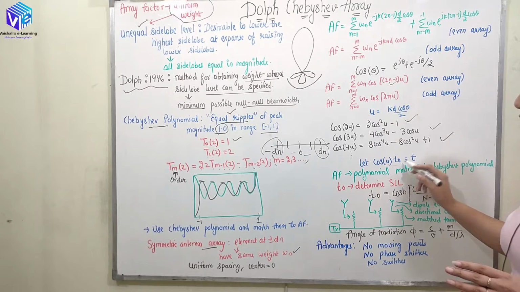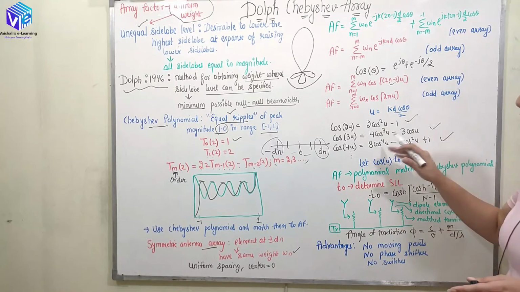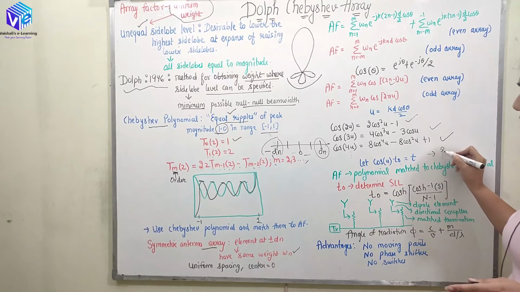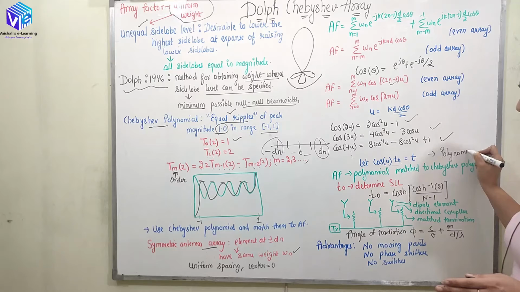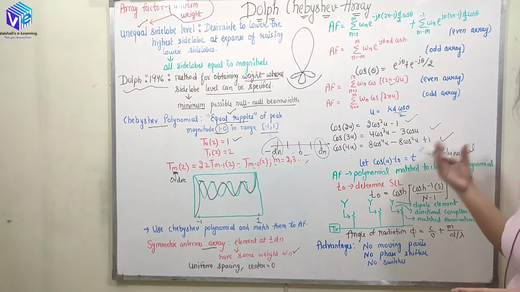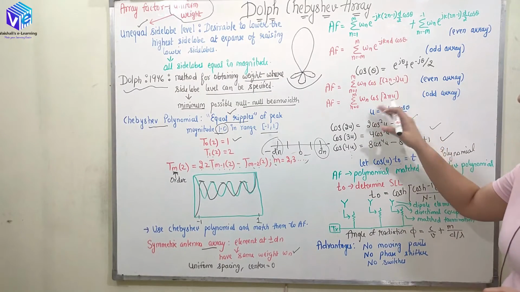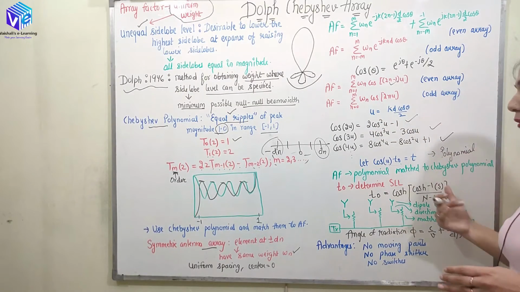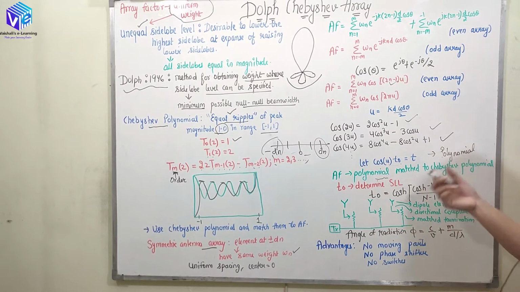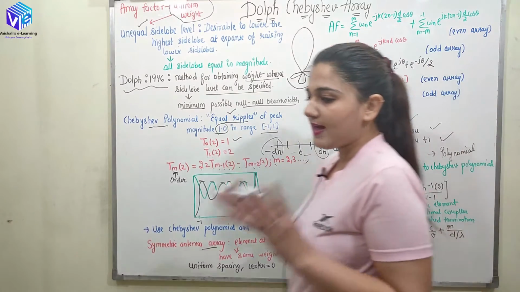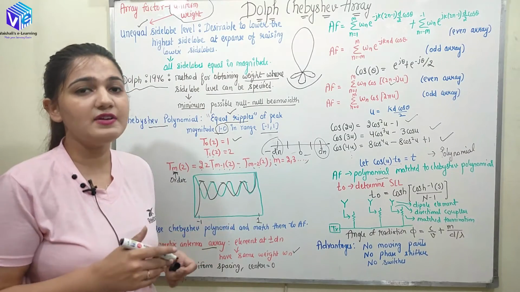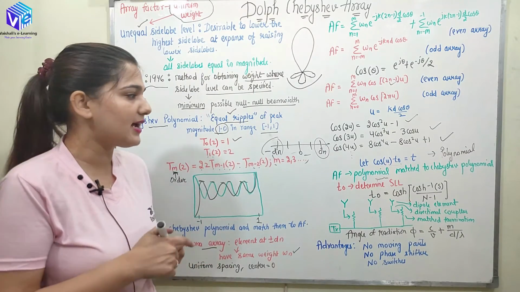So array factor can be represented in the terms of Chebyshev polynomial, and now we are choosing cos of u to be t naught to be t. When I represented cos of u to be t, so now in that case I will be getting a polynomial only. Right, so all of the cos terms, cos square can be represented as t square, right? So this is how I can represent this full equation of the array factor in the terms of polynomial. So array factor will be having the polynomial equation which is matched to the Chebyshev polynomial, and this is how we are going to have the equalization, the normalization in the side lobe level.